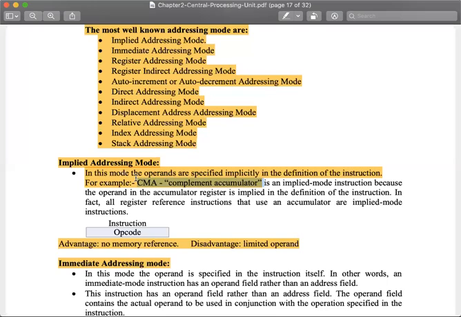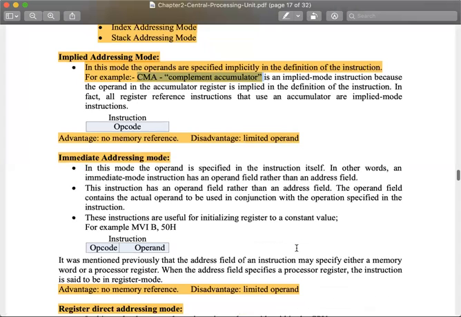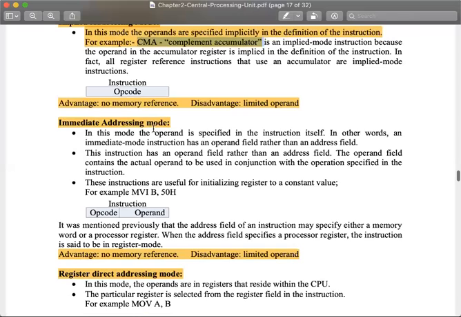Okay, so এখানে কোনো স্পেসিফিক অ্যাড্রেস থাকবে না, বাট ইনস্ট্রাকশনের সাথে আপনি অ্যাড্রেসটা পেয়ে যাবেন। So this is an addressing mode. Its advantage and disadvantage is given here. No memory reference is the advantage and the disadvantage is limited operand. কোন অপারেন্ডও থাকতেছে না, কোন মেমরি অ্যাড্রেস এখানে থাকতেছে না। প্রত্যেকটার সাথে আপনারা একটা করে অ্যাডভান্টেজ ডিসঅ্যাডভান্টেজ পেয়ে যাবেন।